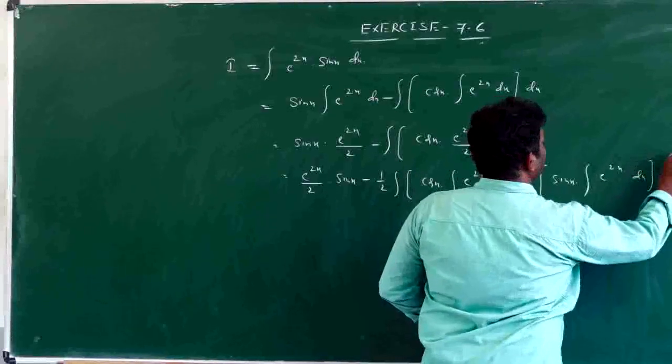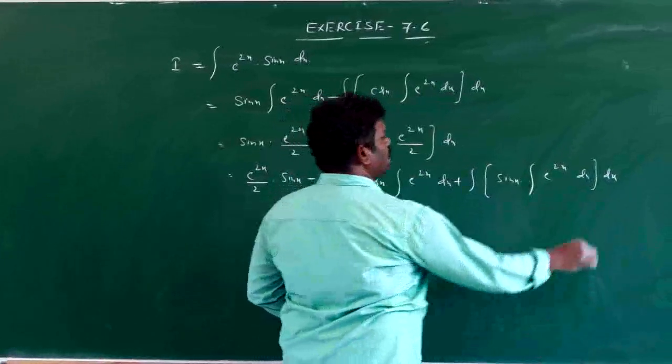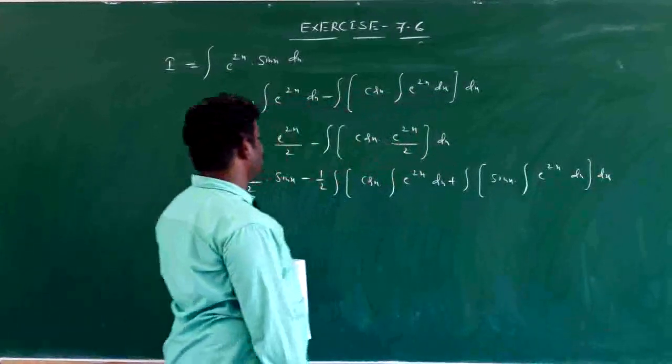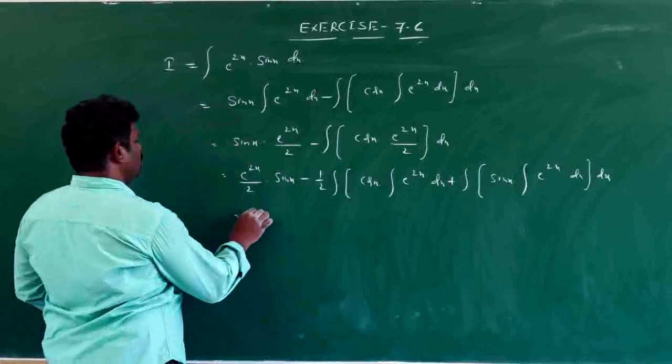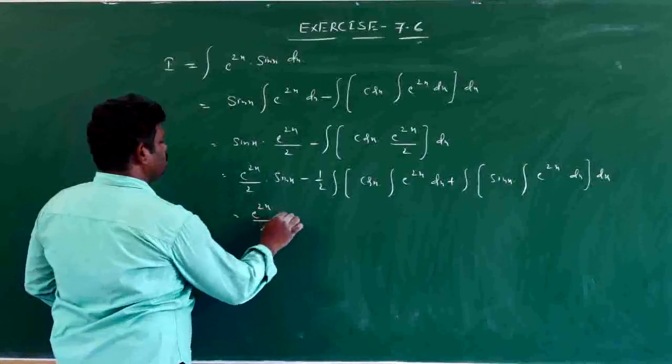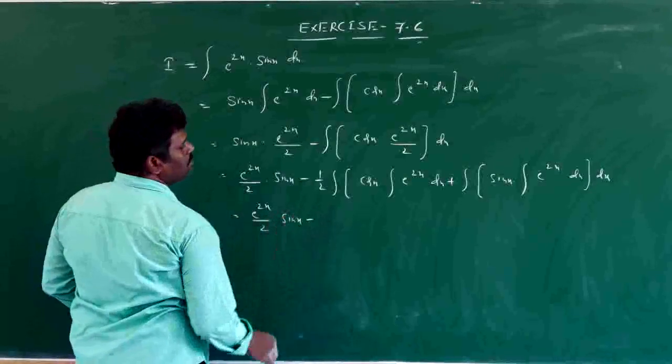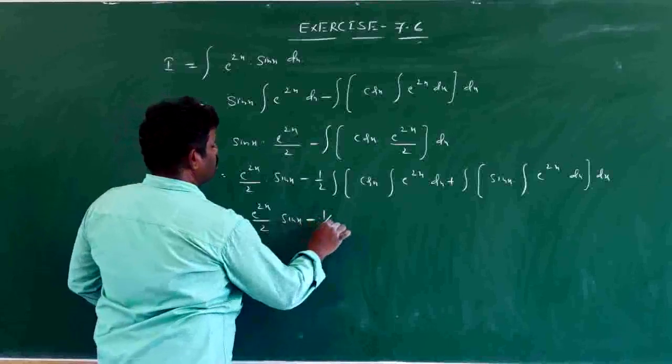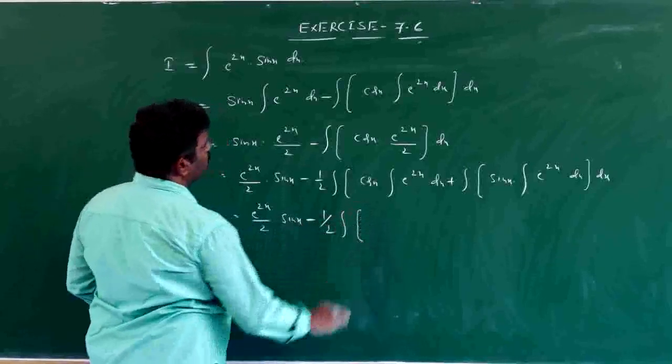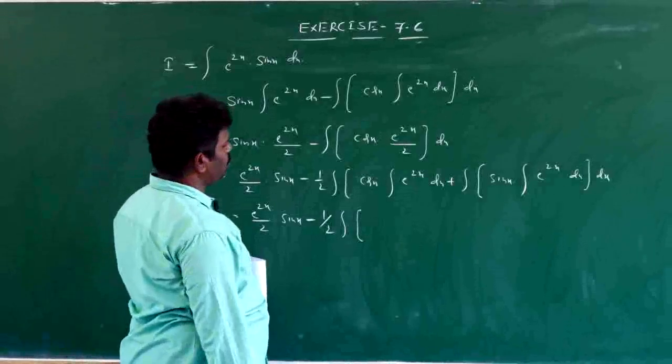Okay? So next, that is equal to e^(2x) by 2 into sin x minus again 1 by 2,